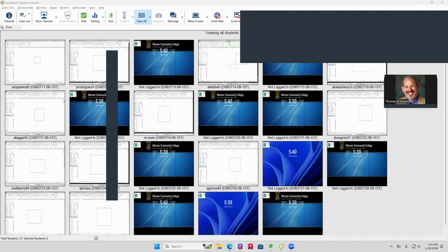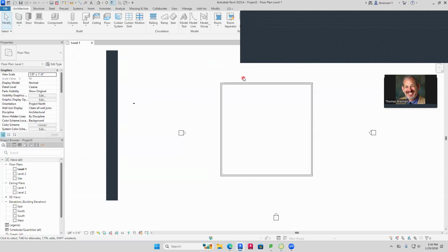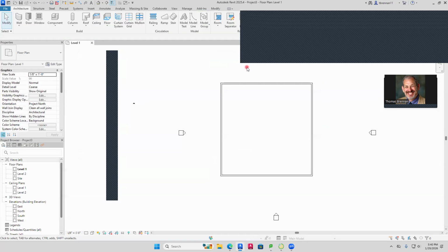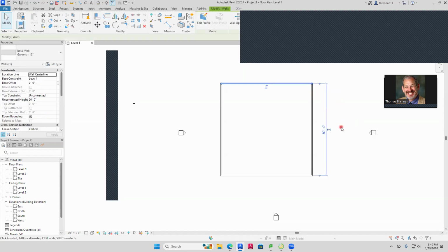Then press your escape key a couple times so that your ribbon is not celery green. Press your escape key to release it so it's white. Everyone should have a white screen now. Now, what we're going to do is just what I showed you before. We're going to resize this simply by clicking on the top wall. When you click on the top wall, you're going to notice that over here on the right, you're going to